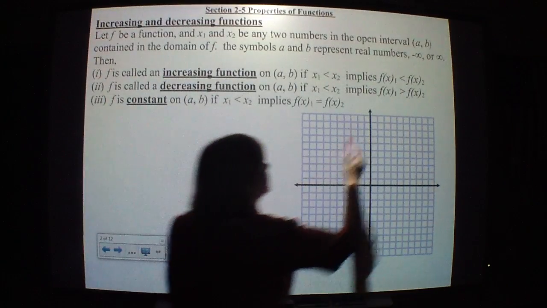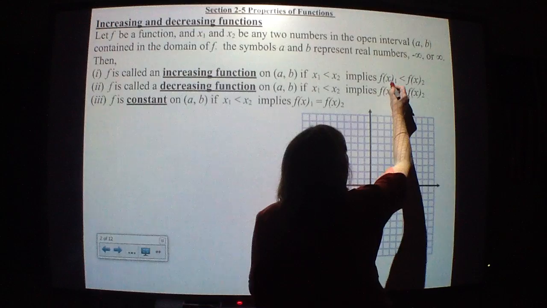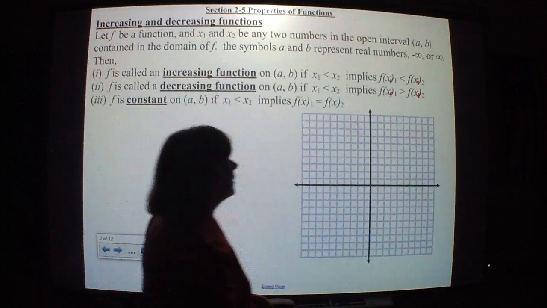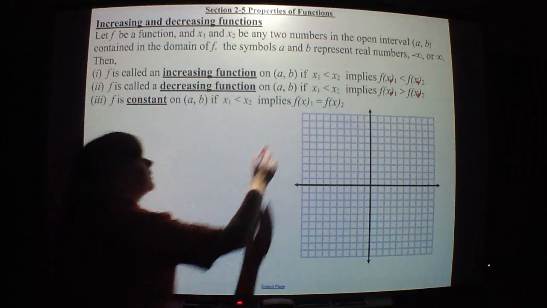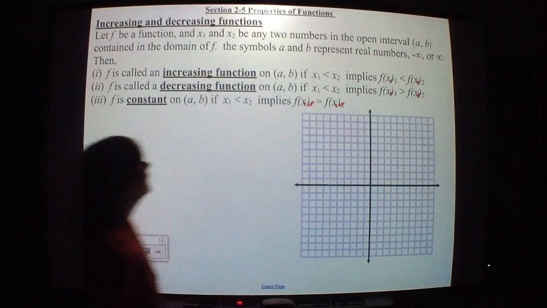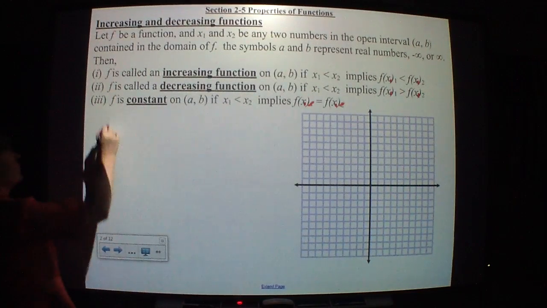And really the subscript should be inside, f of x sub 1, and 1 and 2 inside, not outside. Okay? So that's an increasing function. So here's what I'm saying. It's increasing if